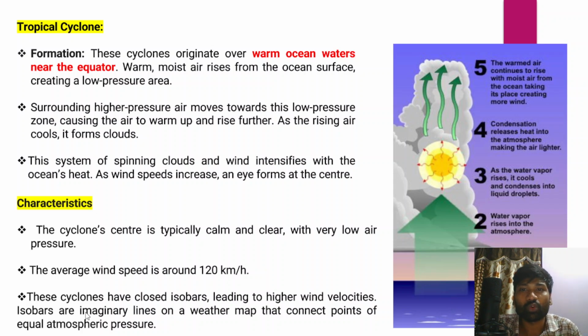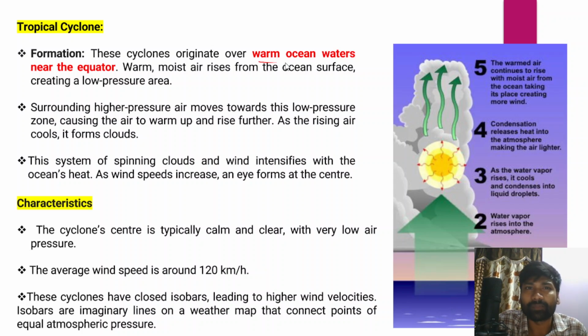First and foremost we'll understand tropical cyclones, because tropical cyclones are usually called by different names across different parts of the world, and in fact the typhoon is also one of the tropical cyclones. We'll understand some characteristic features of these tropical cyclones. We all know that they originate over warm ocean waters near the equator. So one thing that we need to understand is that